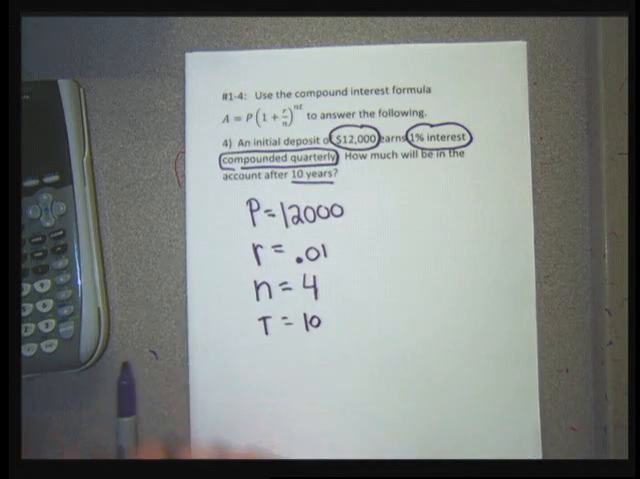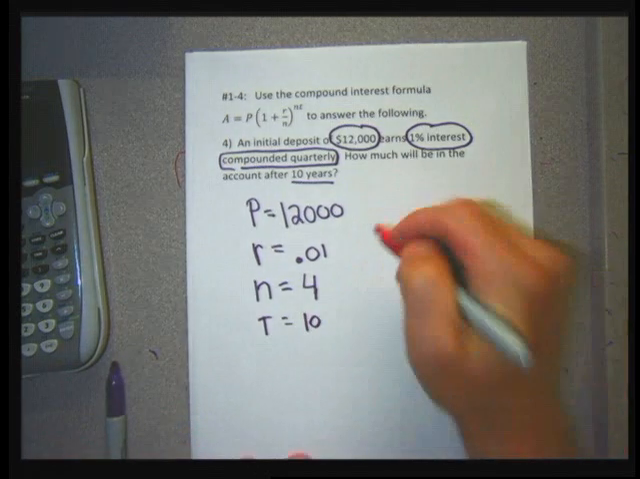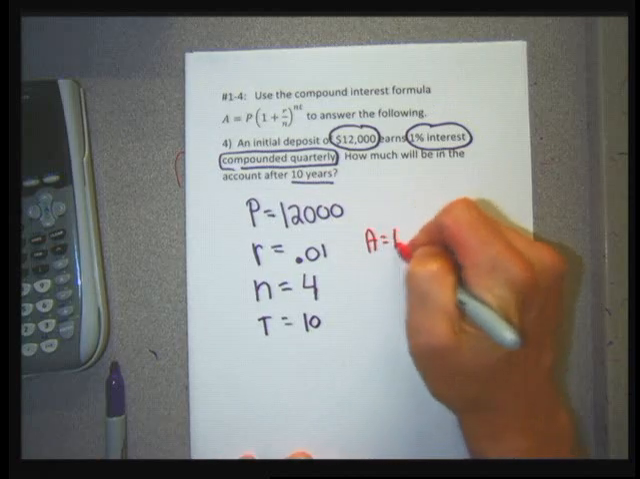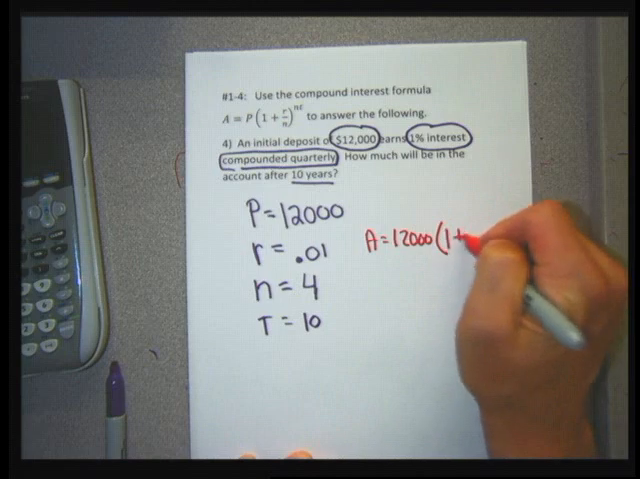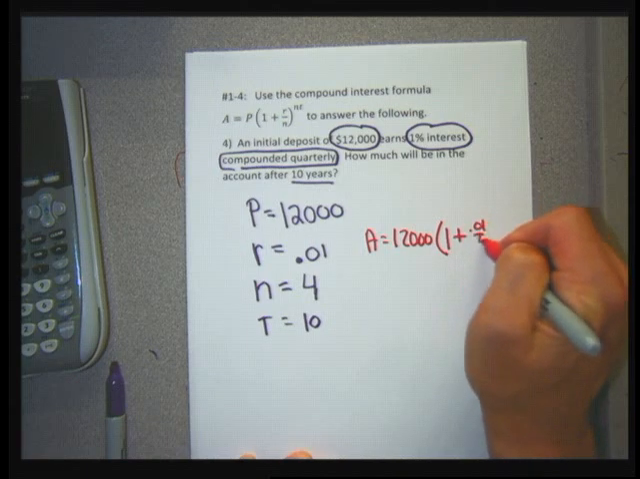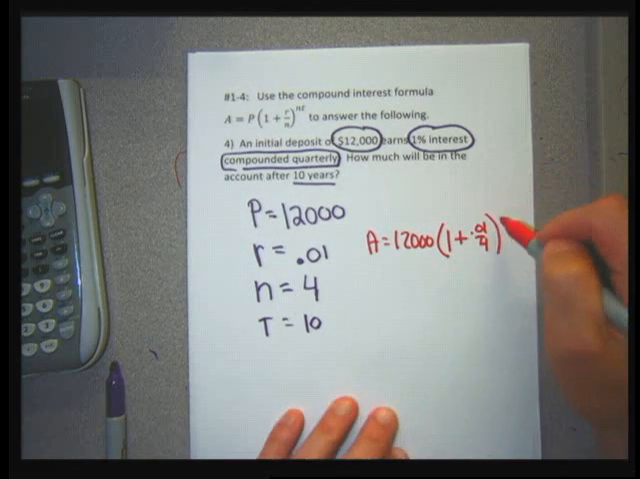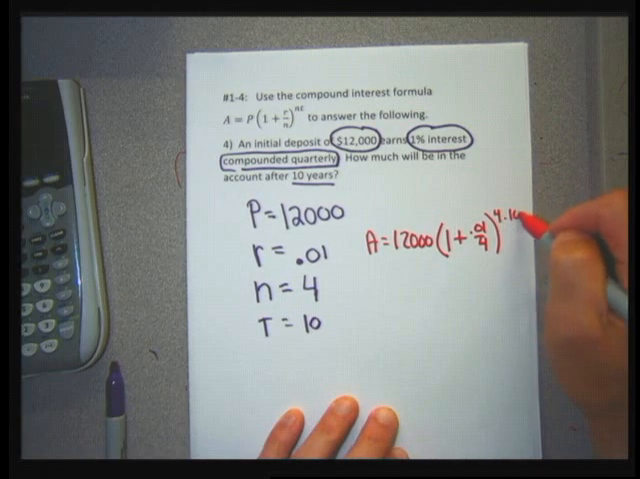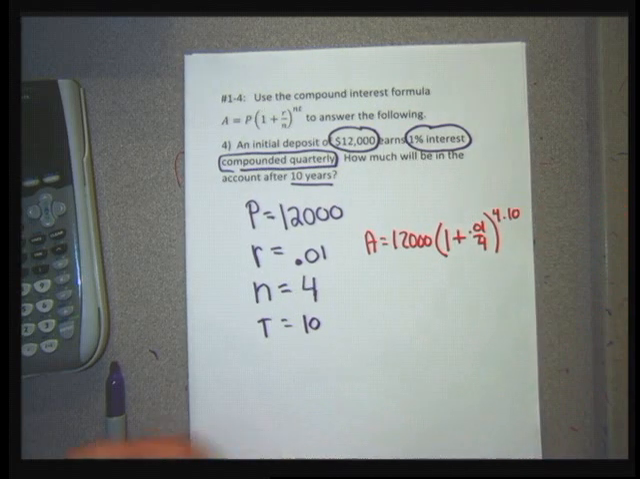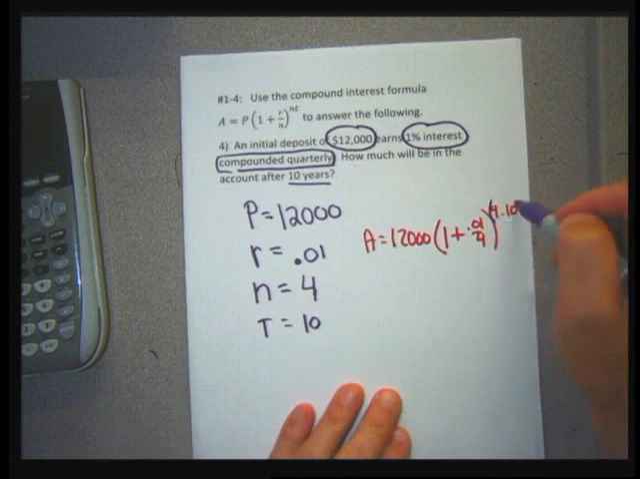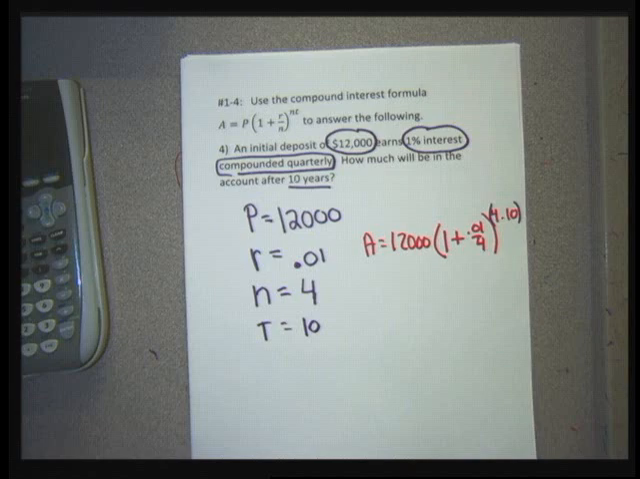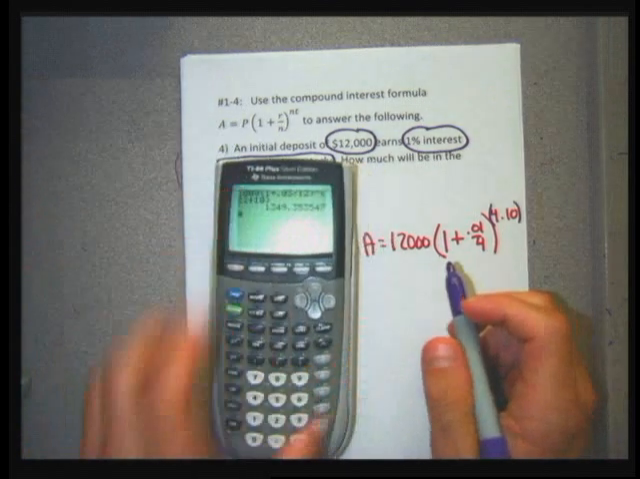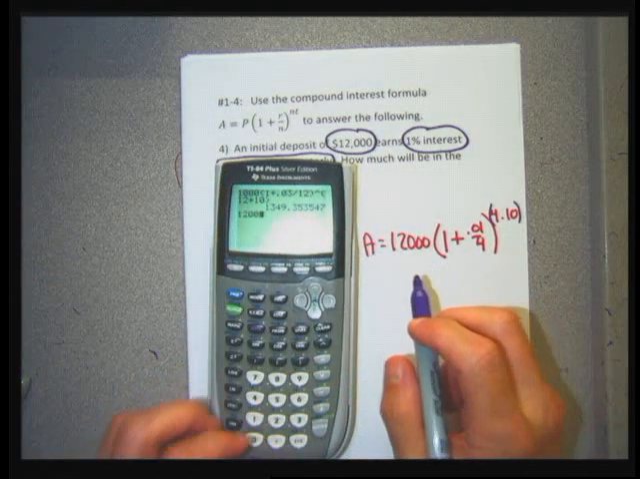I'm going to take those values, plug them into the formula, and I'll get A equals 12,000 times 1 plus 0.01 over 4, to the n times t, the 4 times 10 power. Again, when I go to use my calculator, I'm going to put this 4 times 10 in parentheses. If I don't, it won't think the 10 is part of the exponent. So I'm just going to go straight to my calculator again, go 12,000